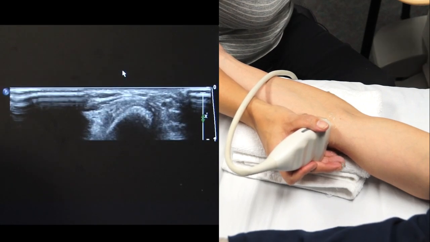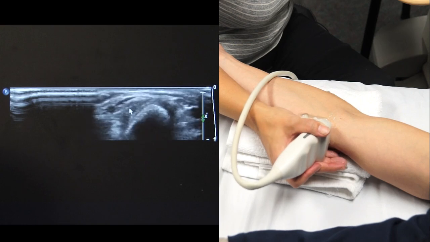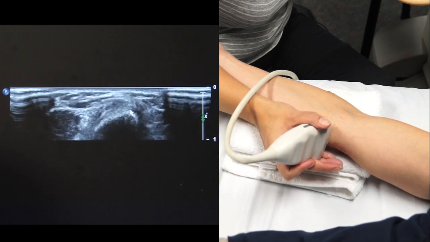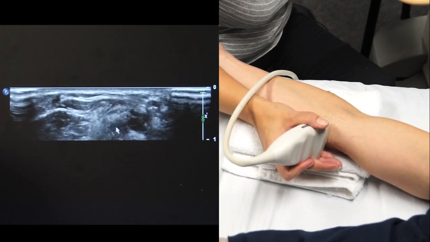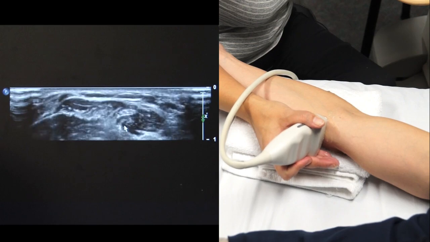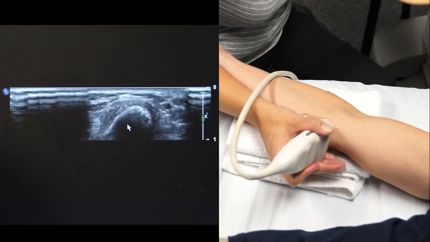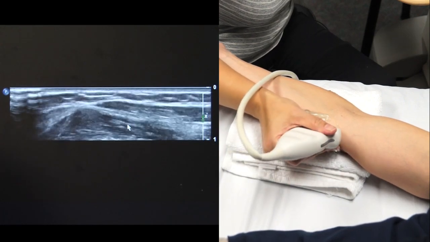You want to adjust your depth so you get better detail of the tendon. And as we slide down, you are now at the muscle as we have passed the musculotendinous junction. Moving back